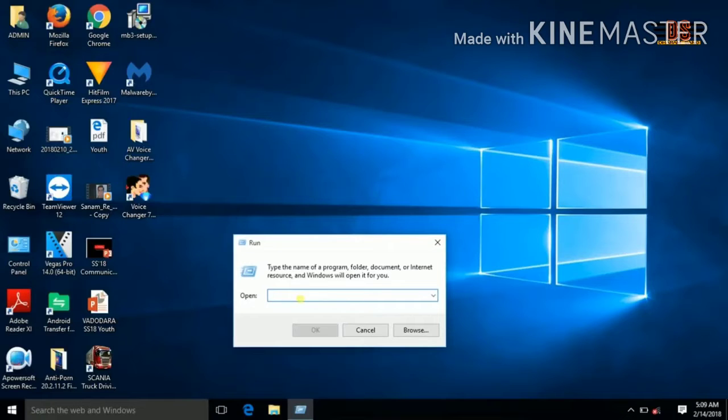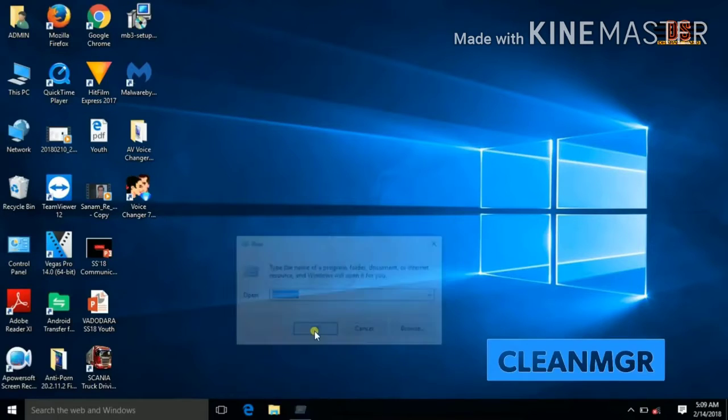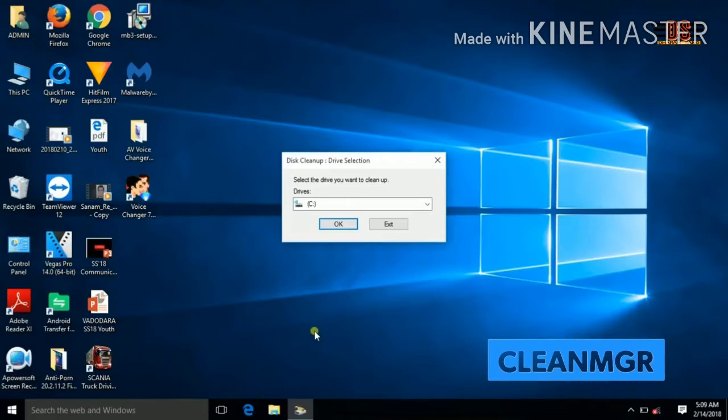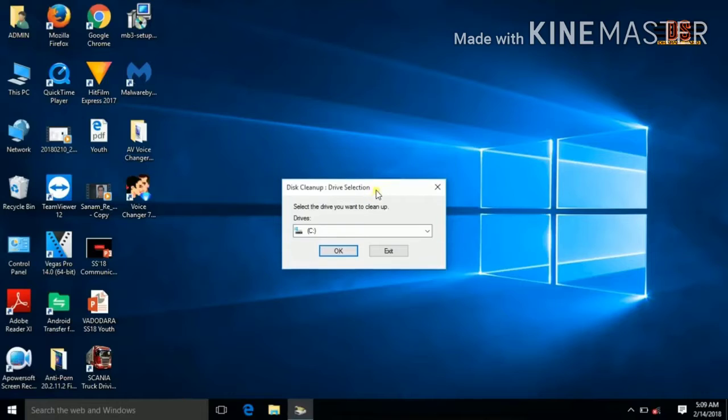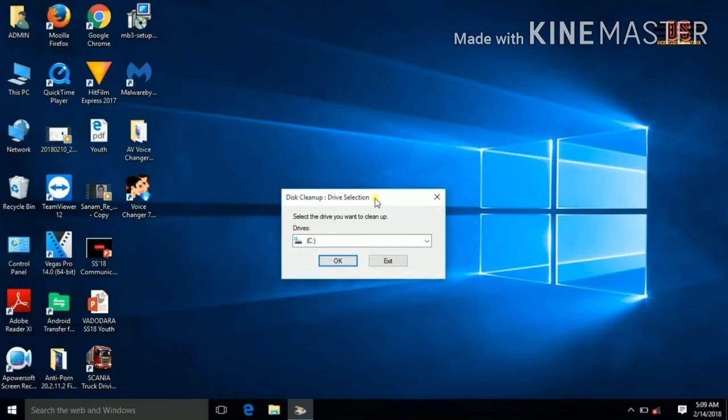On that you have to type cleanmgr, cleanmgr. And here you have to give the drive which you want to clean or scan for viruses, for cleaning the viruses, right? This is the first command.